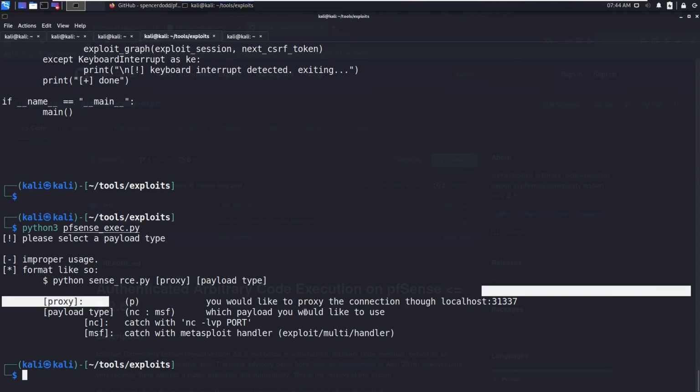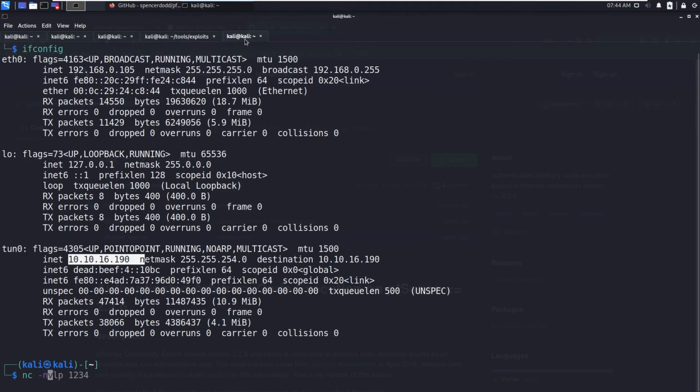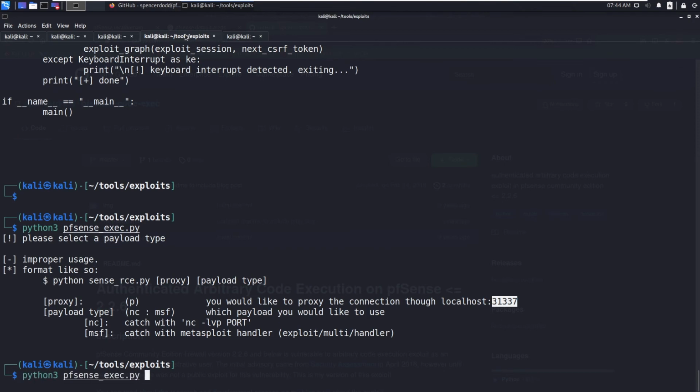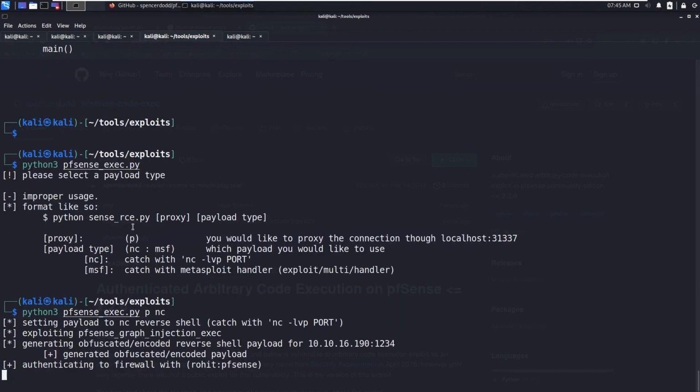Use P to specify the proxy, and you need to forward the connection through this 31337, and then it will send the request to the server. So let's go and listen on 1234. Now let's say proxy and type NC. You can also create an MSF payload, but NC will be much shorter.